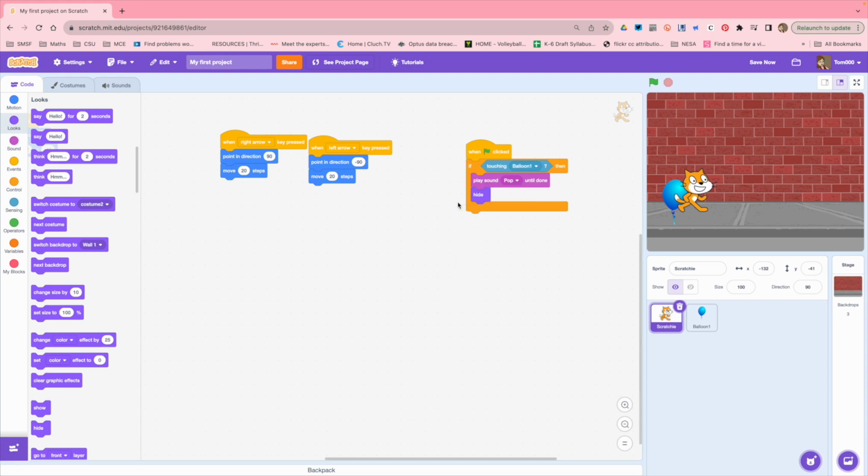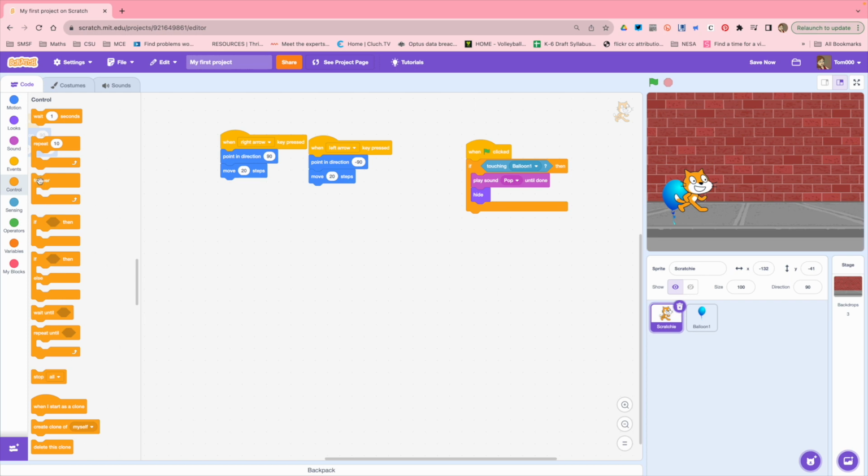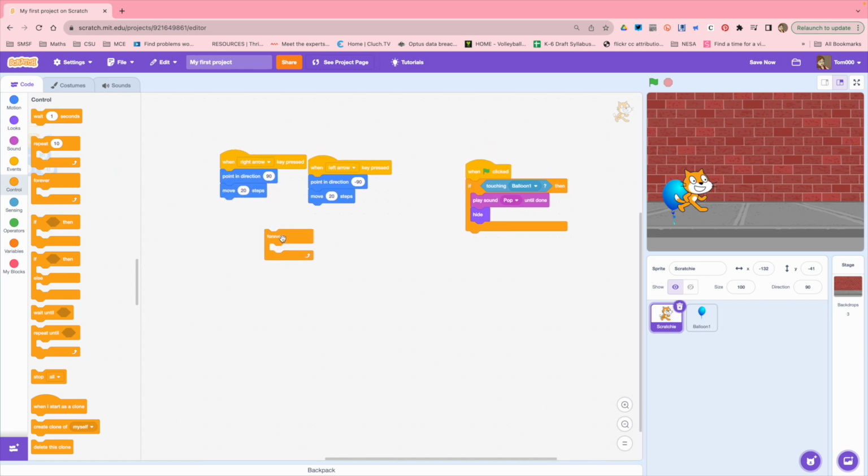Now at the moment, that's only going to play once. Regardless of where the balloon is, it will only play once. So what we're going to do is put a forever loop on there so that it will continue to play, because remember, the balloon has a program that it will run 10 times. At the moment, if the cat touches the balloon, it'll play the pop sound and disappear, and that will run